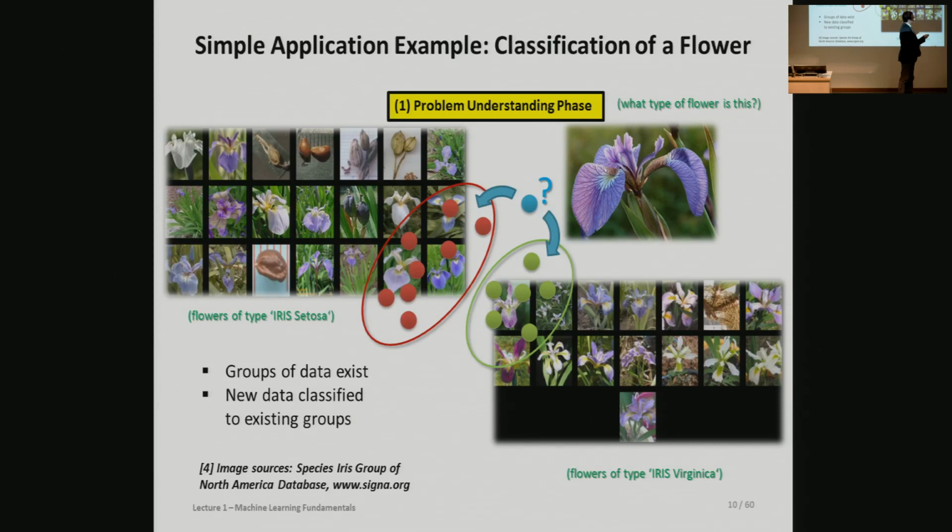So let's consider this task of thinking what flower that is. When I now ask the audience, which I will do, consider yourself the problem we just discussed, classification. There are two kinds of classes, definitively, right? Everybody sees that they're different. So let's make a poll here. When you think about it, you should classify that. Is this an Iris setosa or an Iris virginica? So who thinks it's Iris setosa from the audience? Just one. Okay, two. And the others looked in front of the slides, or no? And who thinks it's an Iris virginica?